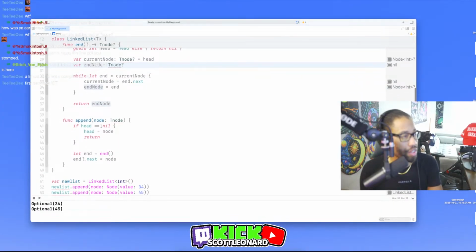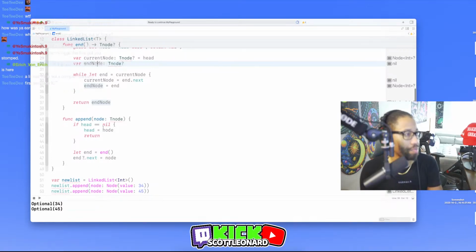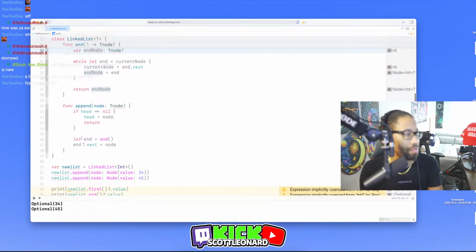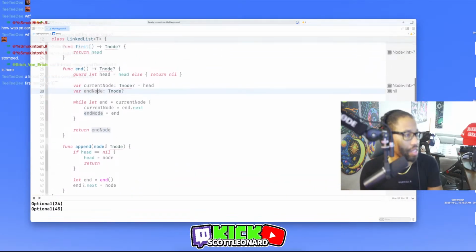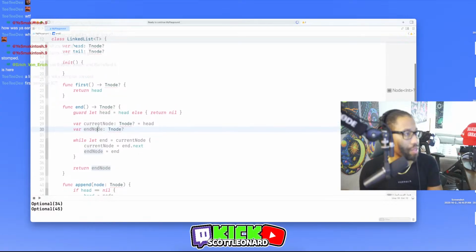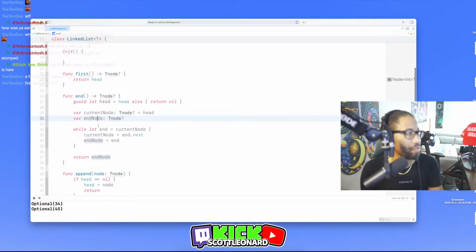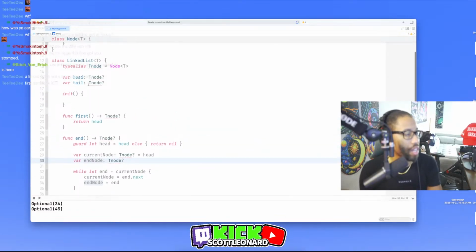And then my append function was just if head equals nil, we append it right away. Let n equals end.next equals node. But this is not a good way of doing this. Also, tail is not getting set anywhere.